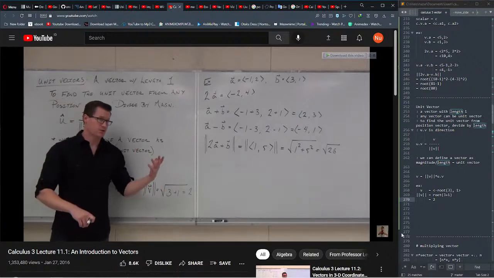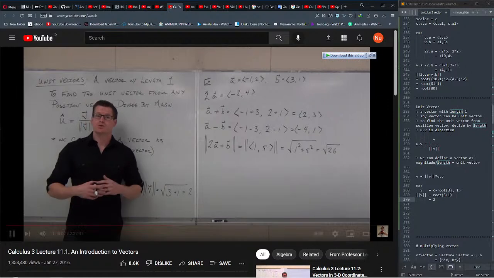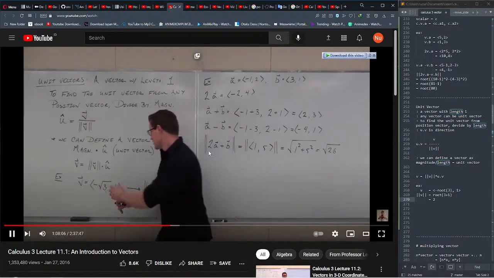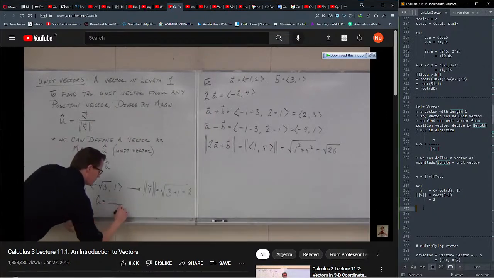Add it, square root: 2. Are we done? Is 2 the unit vector? No, 2's the magnitude of this specific vector. Let's go ahead right now, let's find the unit vector. So our unit vector says, all right, what we do now is we take the original vector